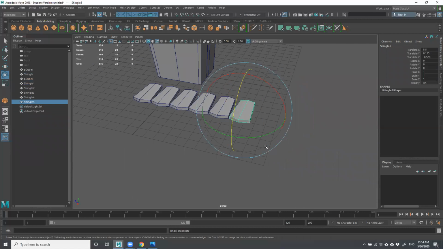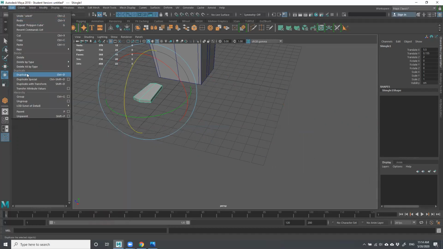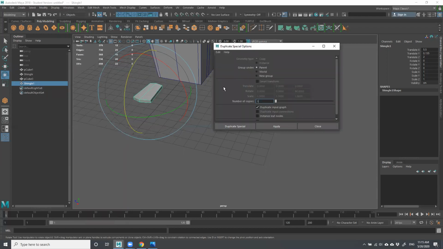I didn't want to show you guys this just yet. Let me show you something though. Let's take this, and instead of just doing a duplicate, I want to show you this. I've got a duplicate special, right? And we'll cover this more in future sessions here. But the duplicate special, what I can do is,